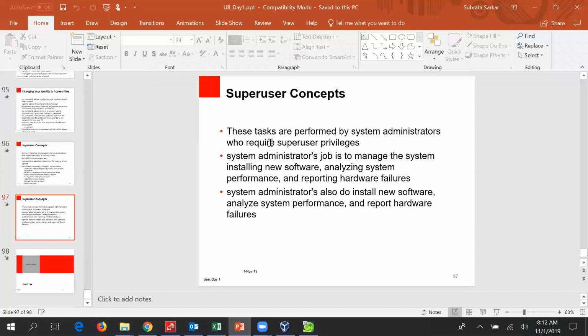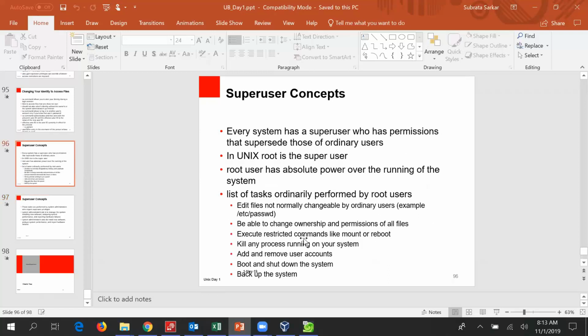So super user tasks are basically performed by the system administrator, who requires super user privilege. The system administrator's job is to manage the system: installing new software, analyzing system performance, reporting hardware failure. System administrators also install new software, analyze the system, and report hardware failure. So that is about